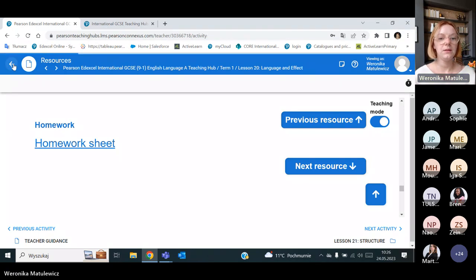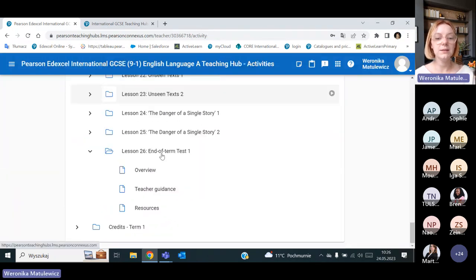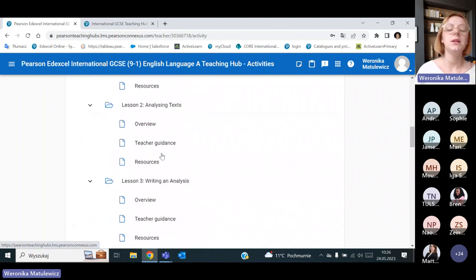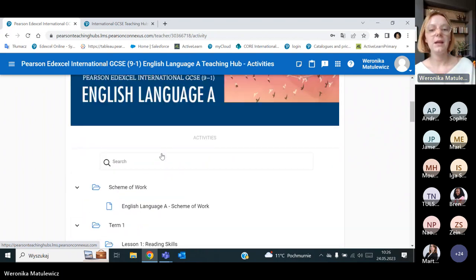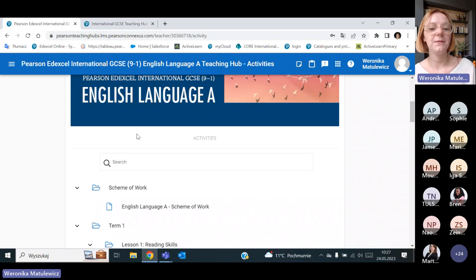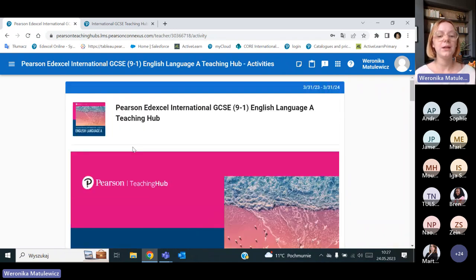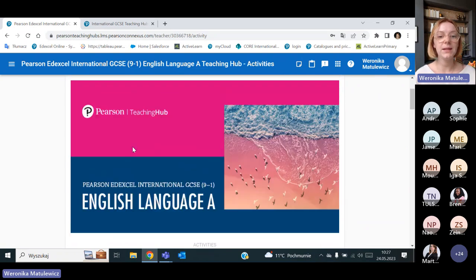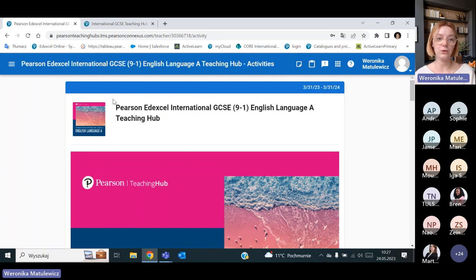So I've shown you the 2 lessons and the scheme of work. And I believe you've seen everything now. I've tried to show you everything in depth, but if you are interested in having a look on your own,